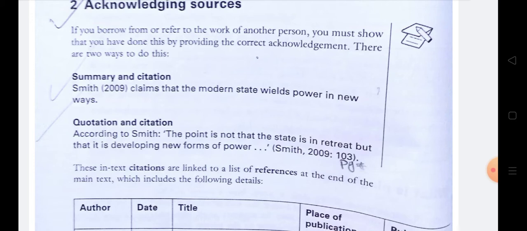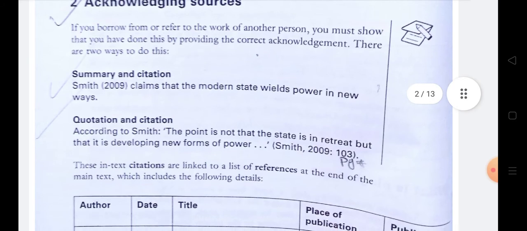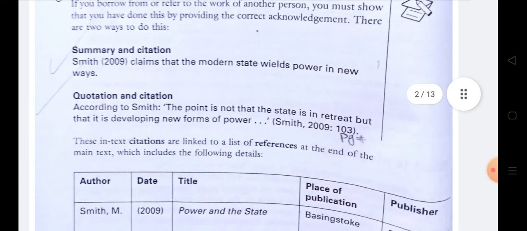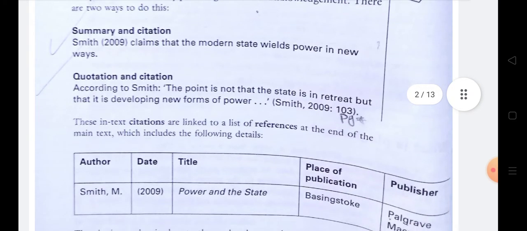In that video I discuss how to give references using APA and MLA and in-text citation as well. So there are two ways to give citations: summary and citation, and quotation and citation.